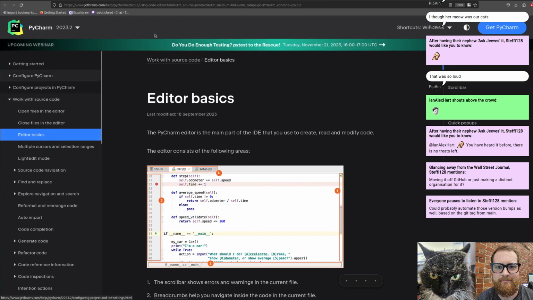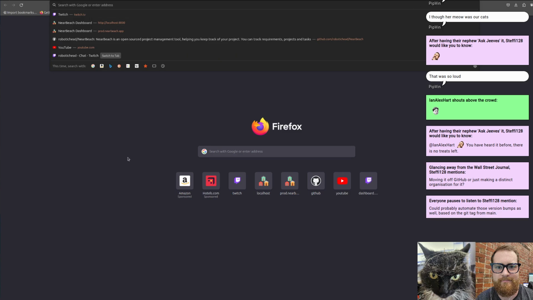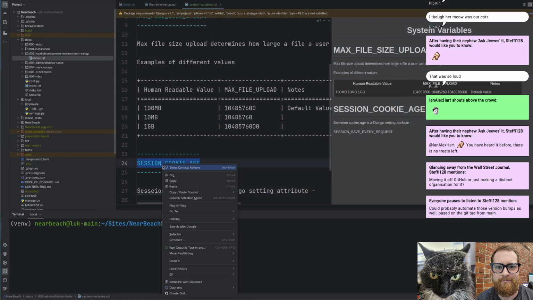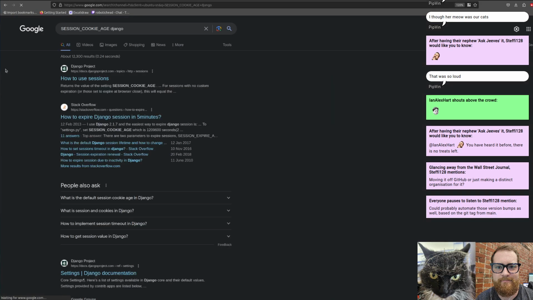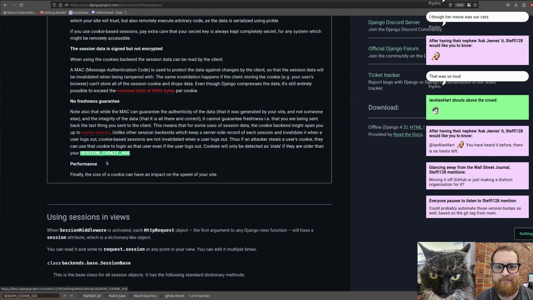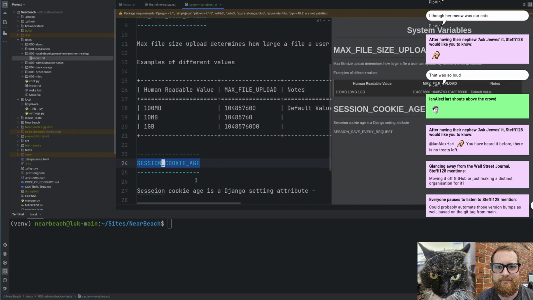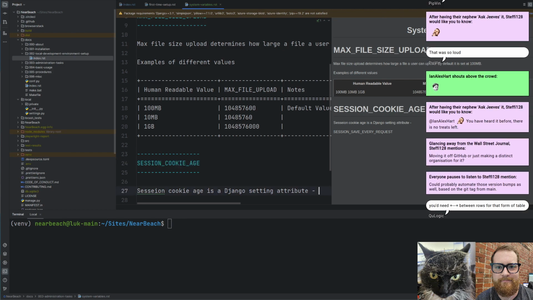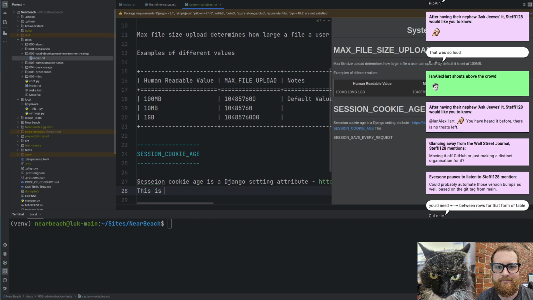And then I'm just going to paste what it is. This is used to